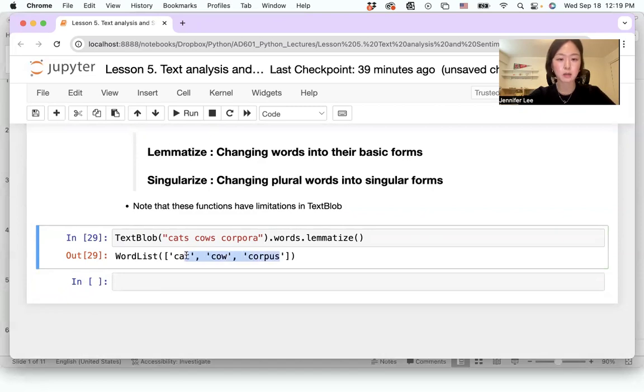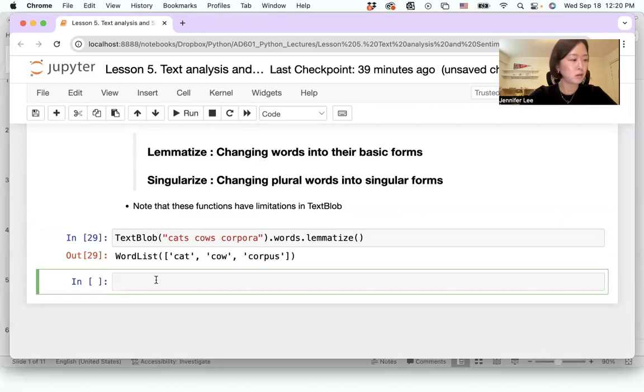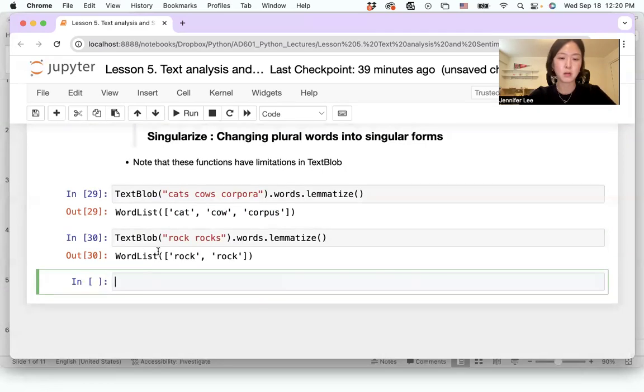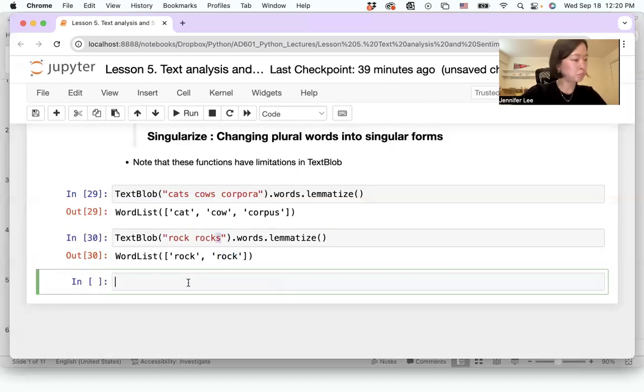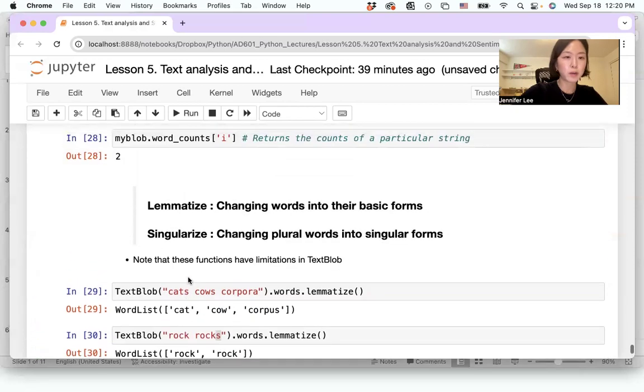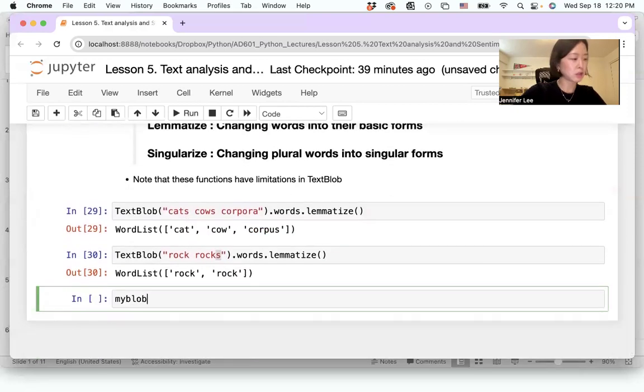So in this case, it worked. Similar, maybe rocks. Let's see if it's going to do the job. The second one, which was not in the basic form, was changed. So far it's working. We were working on the MyBlob before, so let's see if that's going to work with that as well,